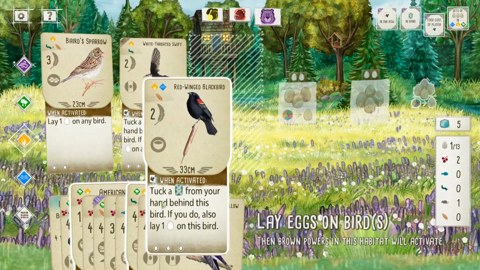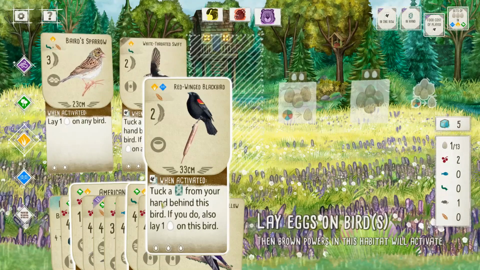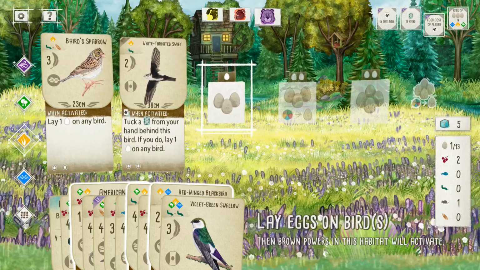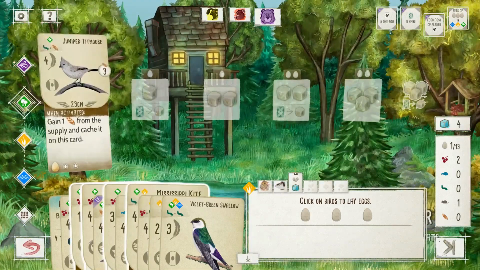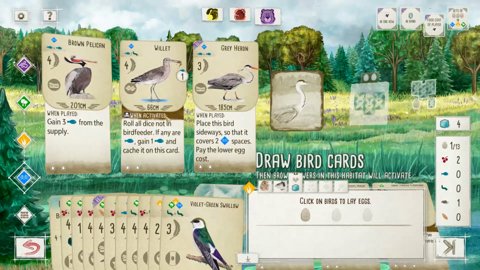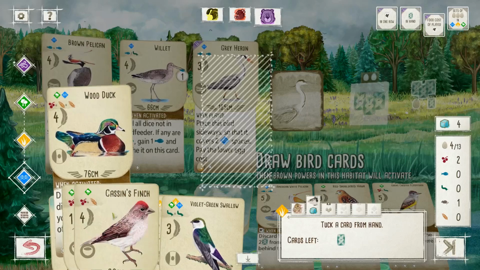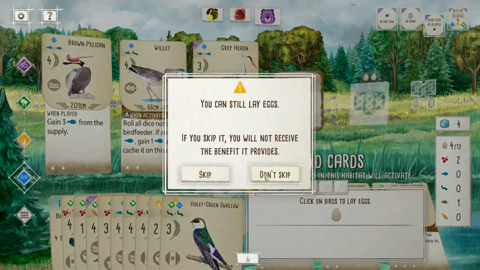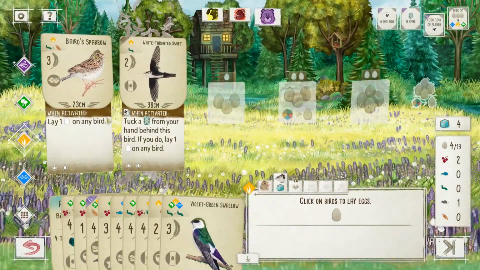The blackbird here. But I'd have to sacrifice one of my berries, and I don't want to have to slum it at that. I want to be able to take my double-double thing, so we need the eggs for that. So we're going to do that. Let's see. What are we absolutely not playing? The Cassin's Finch. Whoa, don't skip. On any bird. Gotcha. We'll lay it on